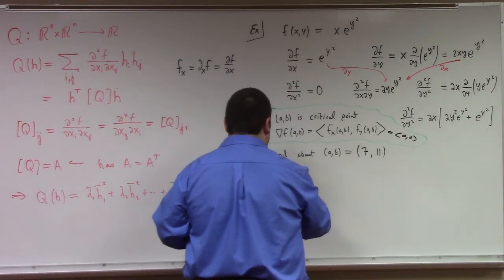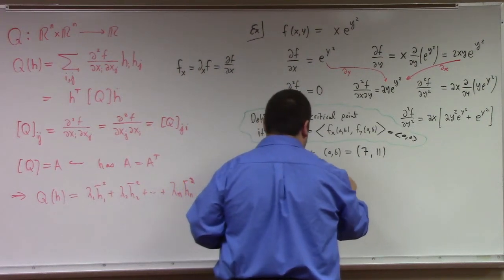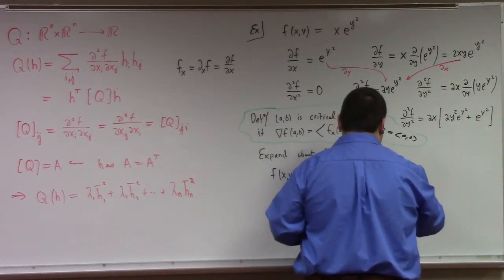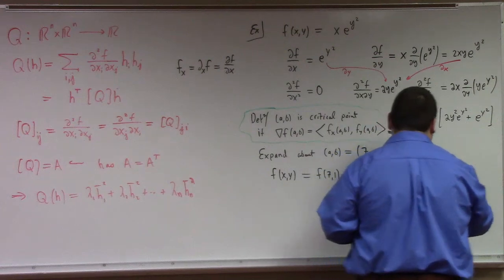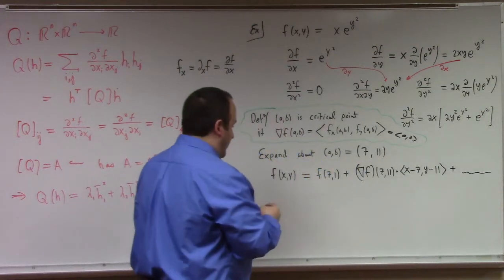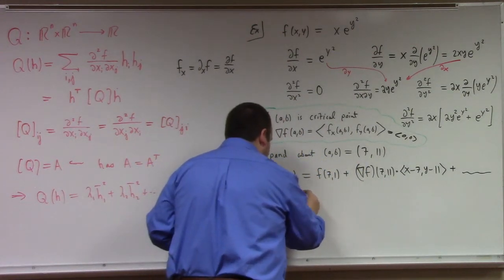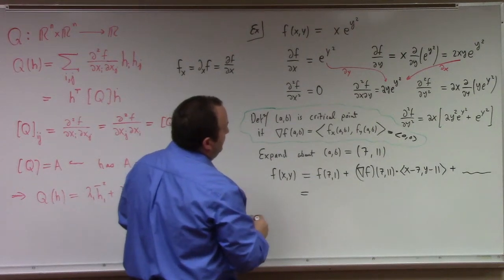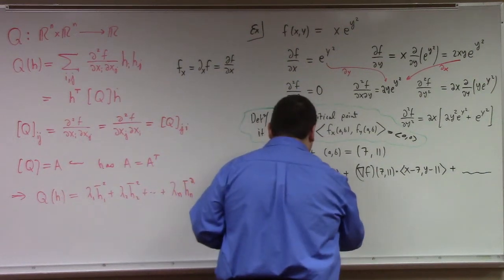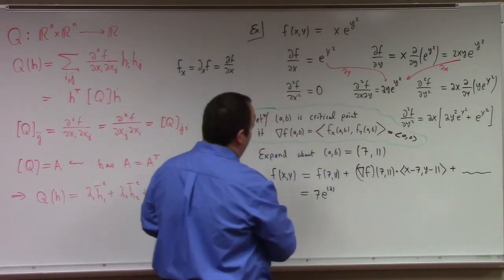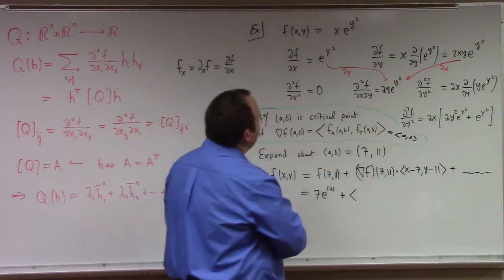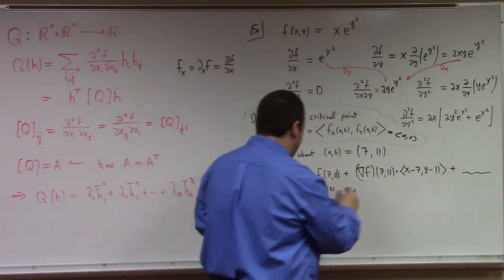we have f of x y is equal to f of 7, 11 plus the gradient of f evaluated at 7, 11 dot product with x minus 7, y minus 11, and then plus another piece. All right, so let's see here. That is equal to, we plug in 7 and 11. So we've got 7 e to the 121 power. Nice. And then plus the dot product of e to the 121,